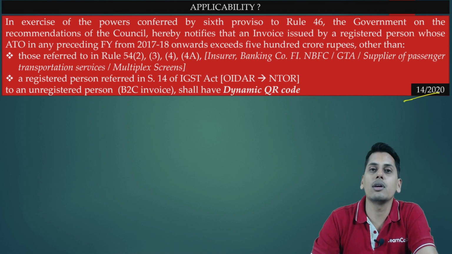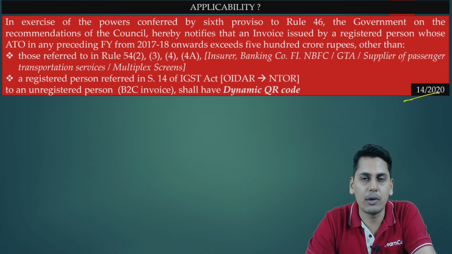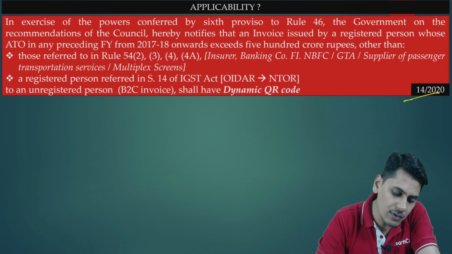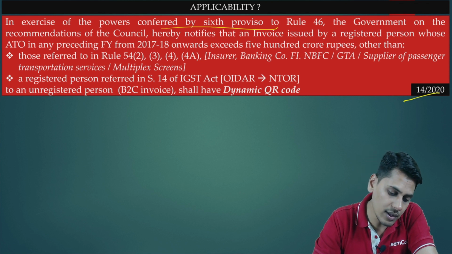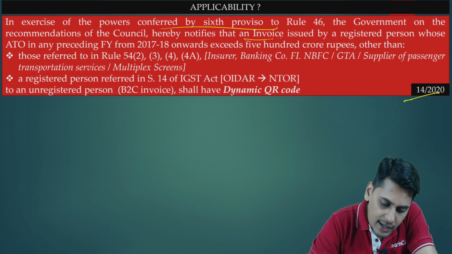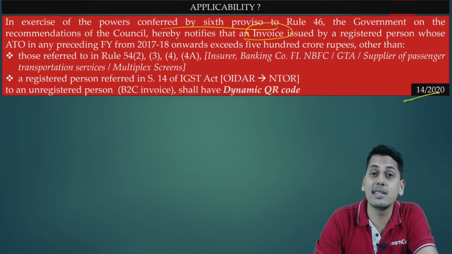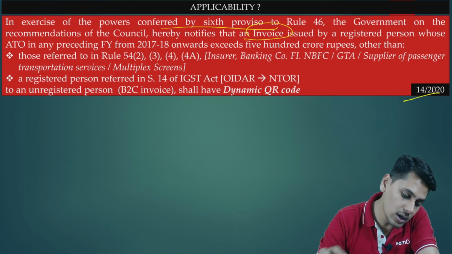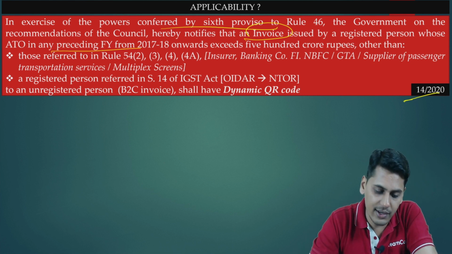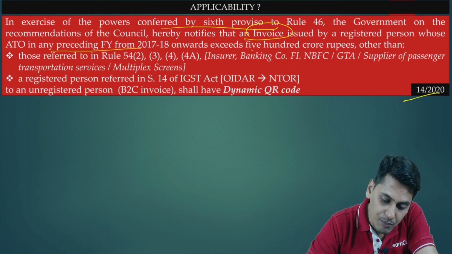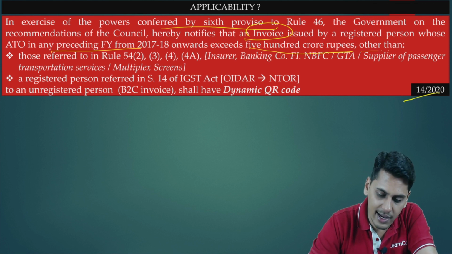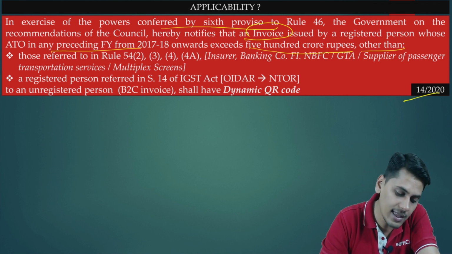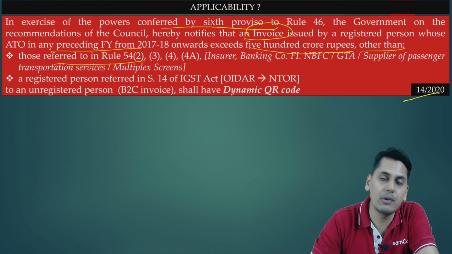14/2020, which is issued for the purpose of the 6th proviso to rule number 46. In exercise of the powers conferred by the 6th proviso to rule number 46, the government, on the recommendations of the council, hereby notifies that an invoice issued by a registered person whose aggregate turnover in any preceding financial year from 17-18 onwards exceeds 500 crore rupees, other than those registered persons referred to in 54 sub-rule 2, 3, 4, 4a,